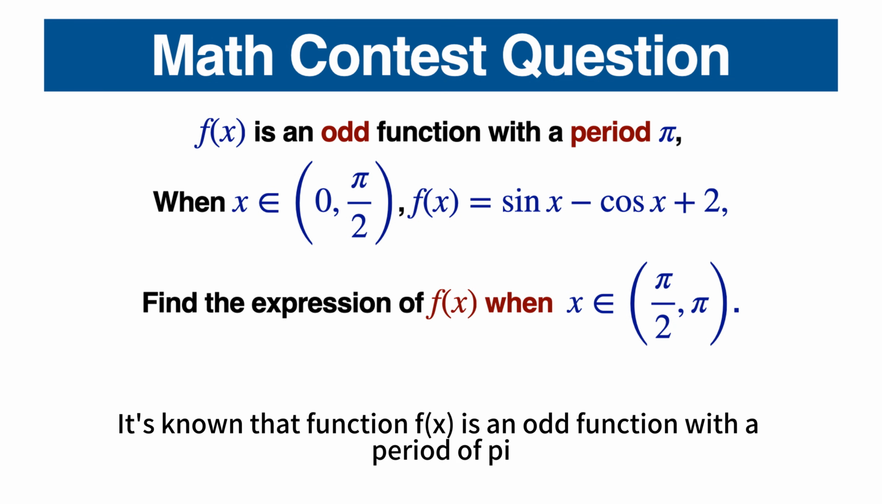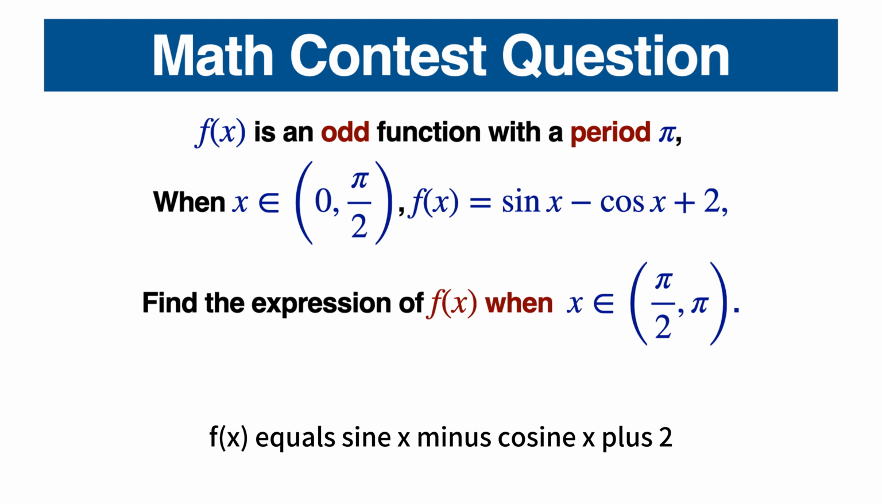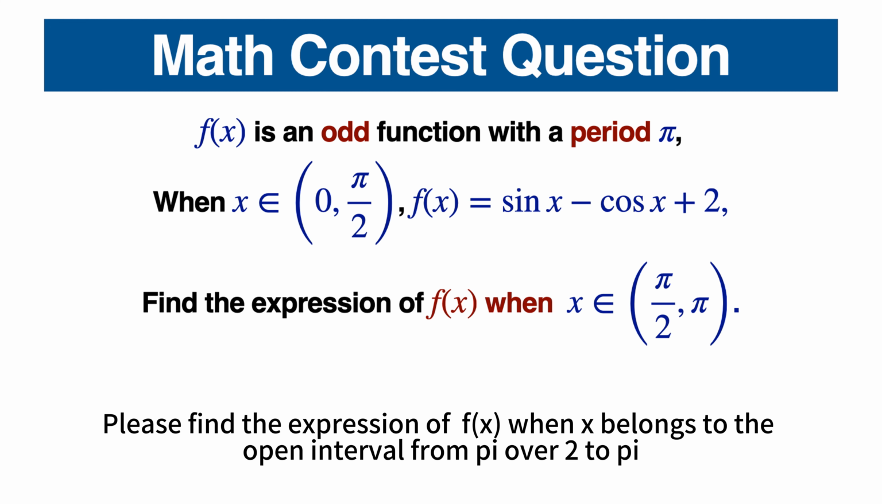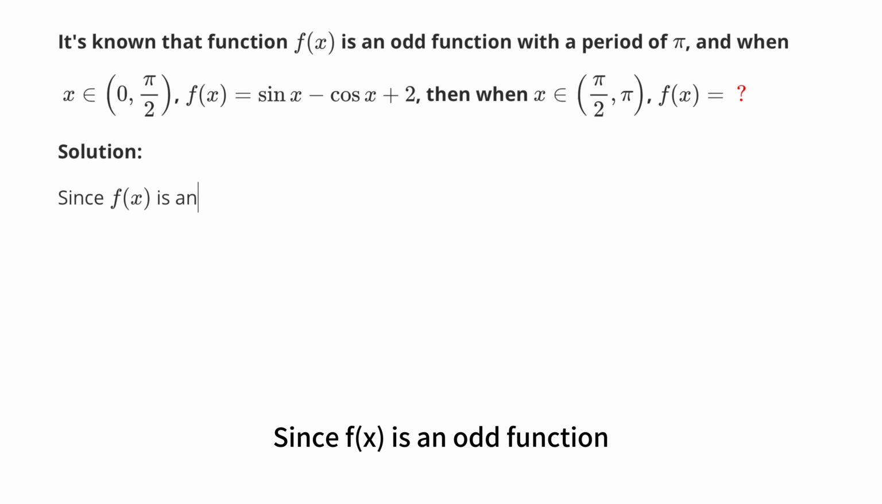It's known that function f(x) is an odd function with a period of pi. When x belongs to the open interval from 0 to pi over 2, f(x) equals sin x minus cosine x plus 2. Please find the expression of f(x) when x belongs to the open interval from pi over 2 to pi. Since f(x) is an odd function,